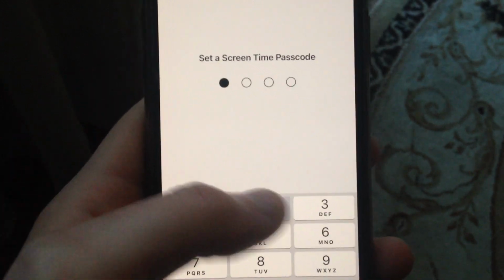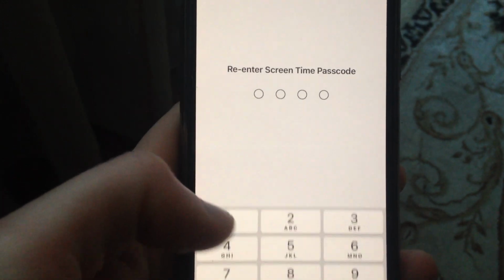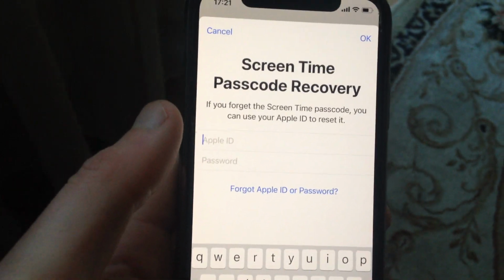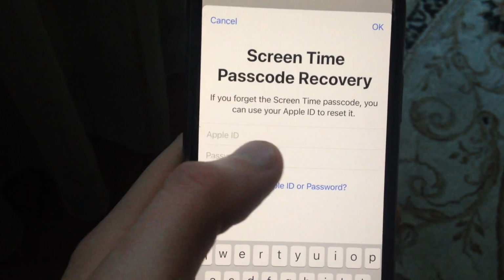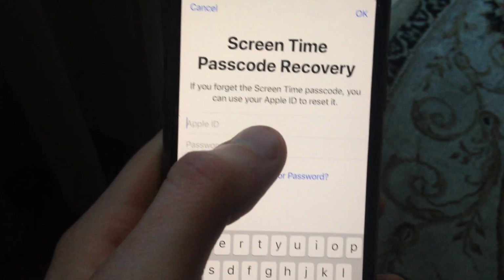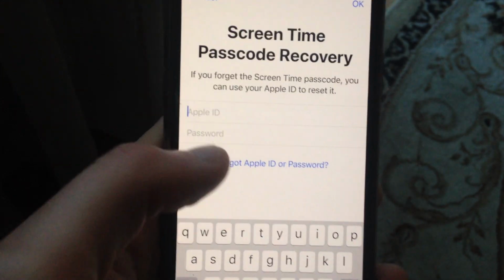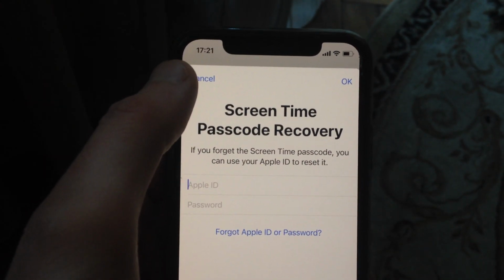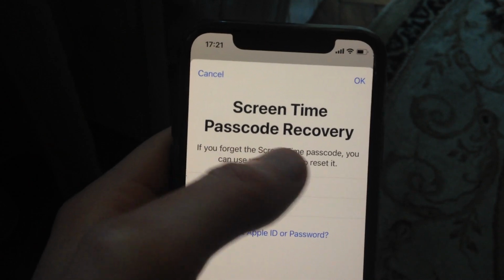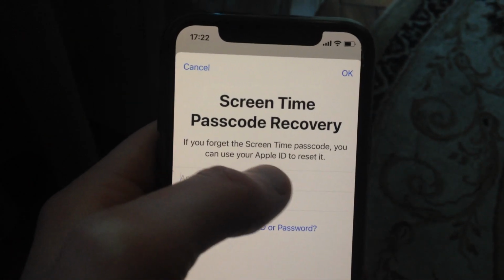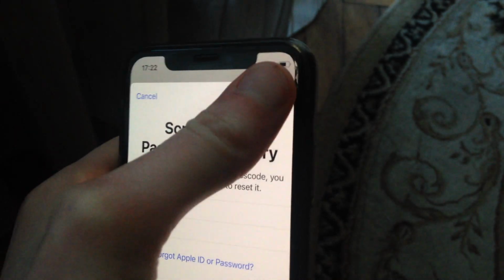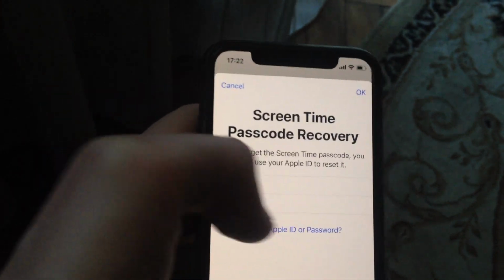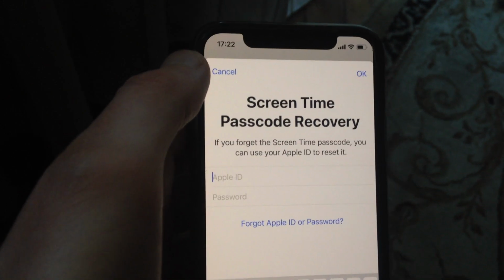Now just write some passcode. So now you just need to add it to your Apple ID. So just write your Apple ID and your password to your Apple ID. And here you can see if you forget the screen time passcode, you can use your Apple ID to reset it. So just tap on OK. So after you will enter it, just tap on OK and it will successfully enable this option